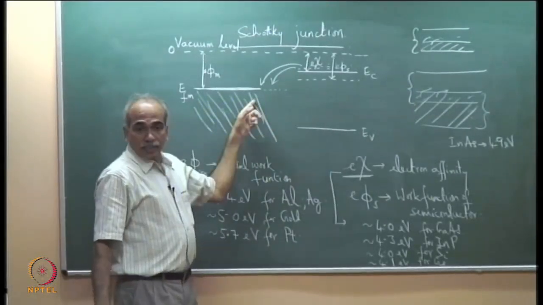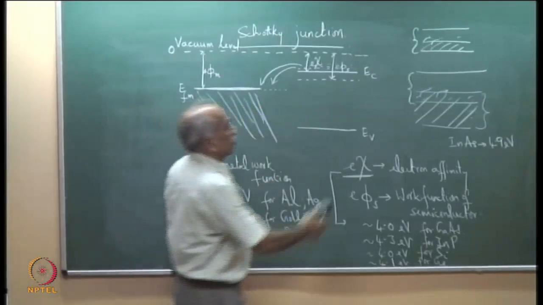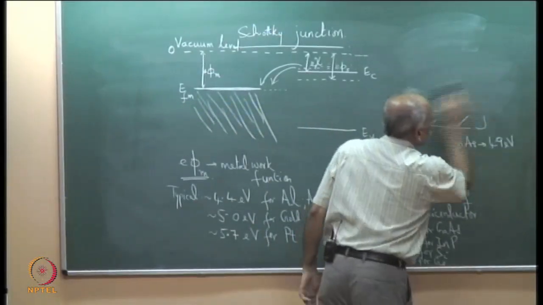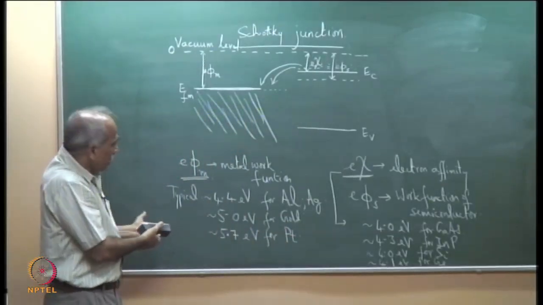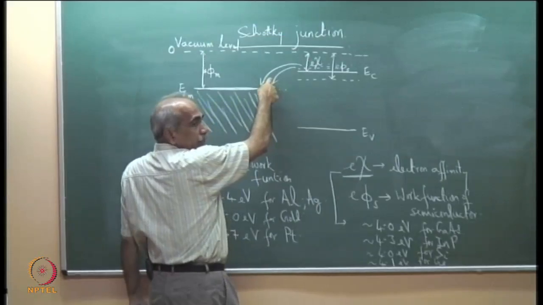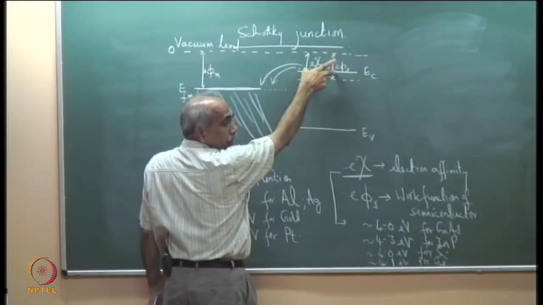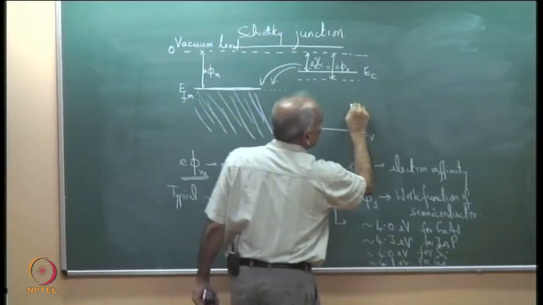When you make a semiconductor and metal contact, this will come down here. What would be the resultant? How would the band diagram change? We can apply the same methods which we have seen for semiconductors. When electrons migrate over here, this end will become positive and this will start coming down. So what will be the resultant